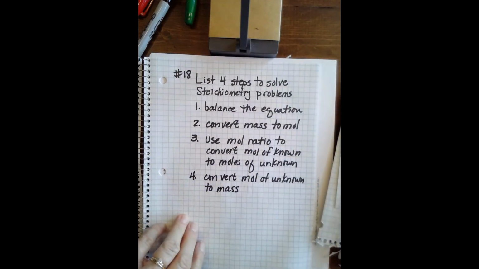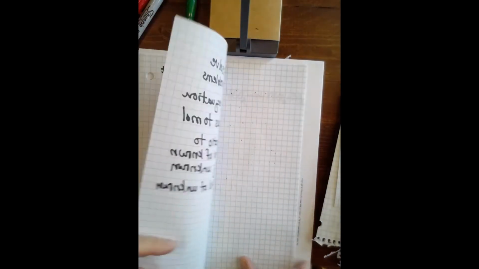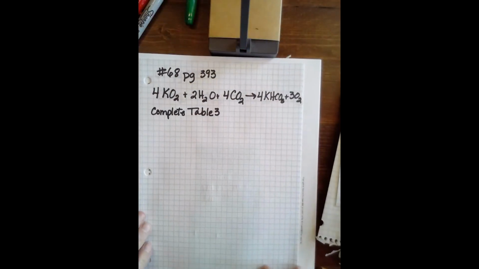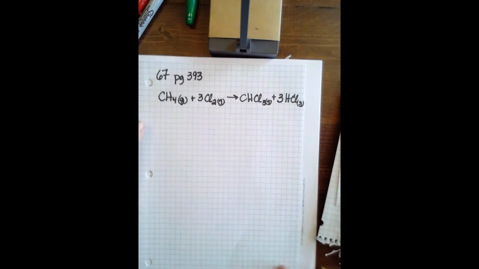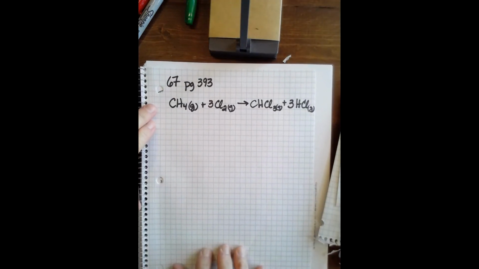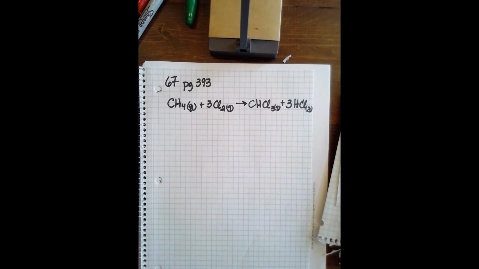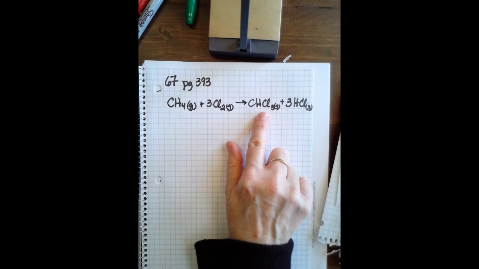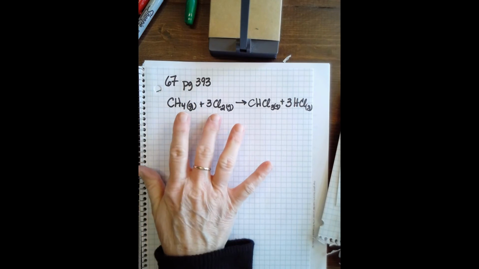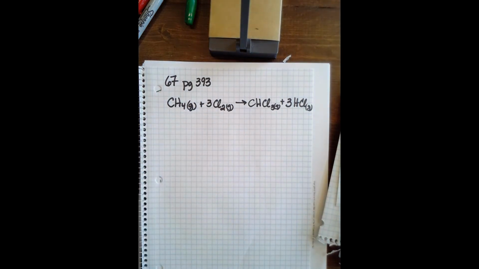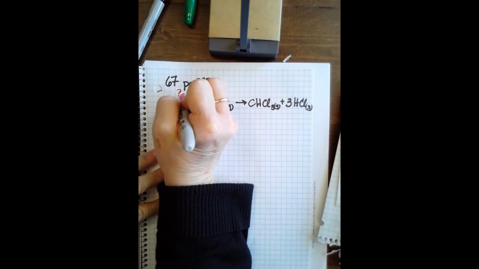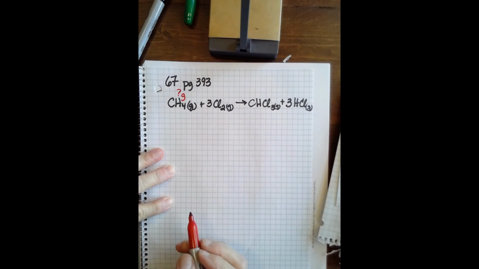Okay, so now let's look at one more problem before I hop out here, and this is going to be number 67 on page 393. So I've already written the equation here. This is chloroform. So here's the formula for chloroform, and it says this is a solvent, and it's produced by a reaction between methane and chlorine. And the question says, how much methane in grams is needed to produce